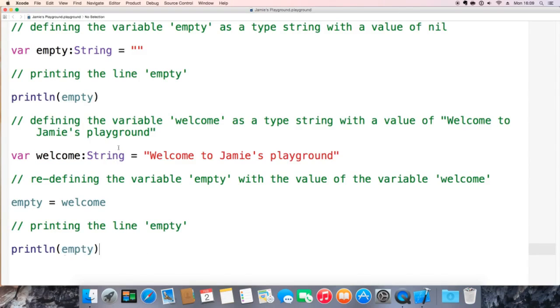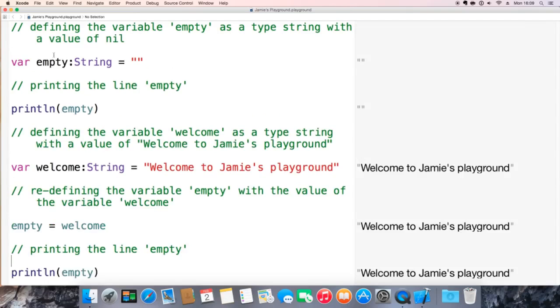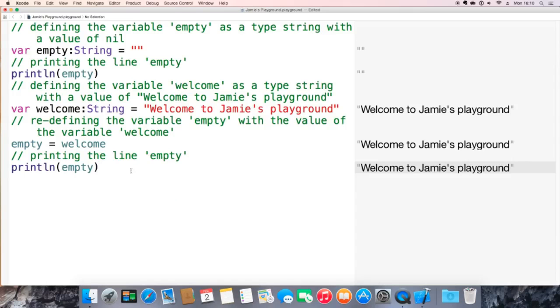Now we need to understand the significance of why the variable empty here is nothing, but why the variable empty here is something else. This is because variables can be changed. But on the other hand, we have constants. Now constants are essentially the same as variables, except they can only be equal to one value. They can never be changed. The value is always going to be the same. So our box is only going to be filled with eggs, but never filled with milk. It's only going to be filled with eggs,